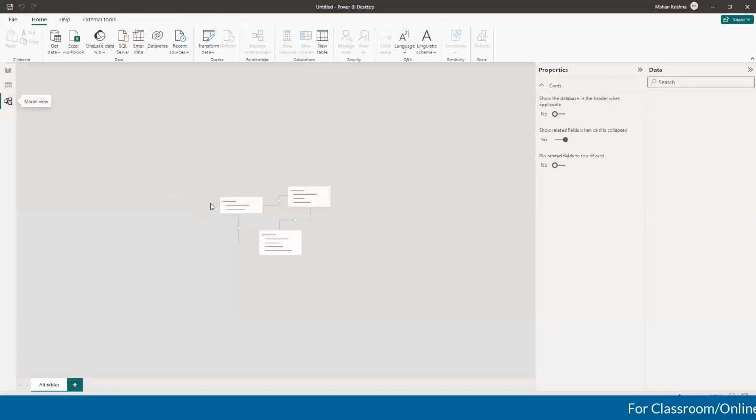So within the model view here, we are going to have the metadata of your tables. Metadata is nothing but the table names and the column names within the table, and the relationship between them. So here we are going to work with the relationship: how to create a relationship, how to manage a relationship, how to edit a relationship, how to delete a relationship. These are the things we can perform in the